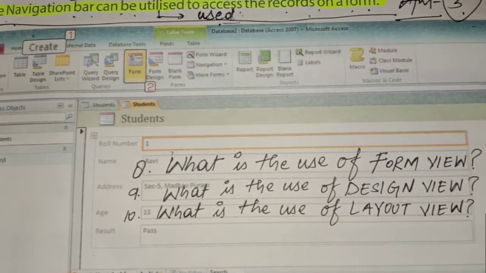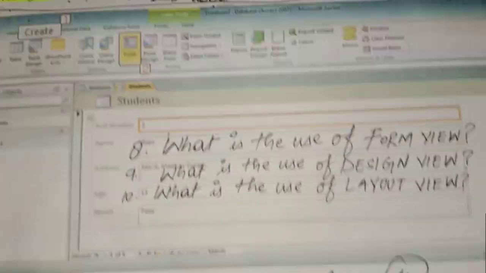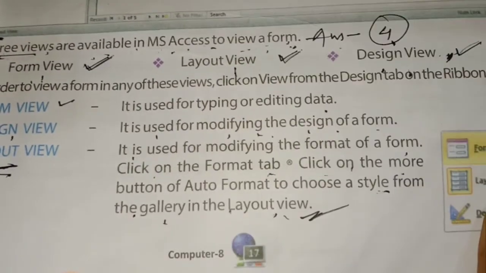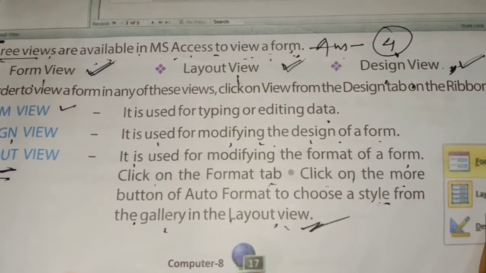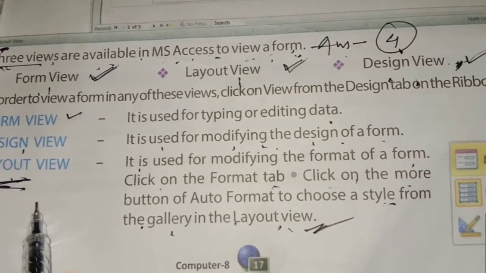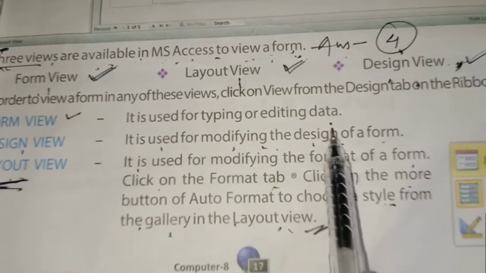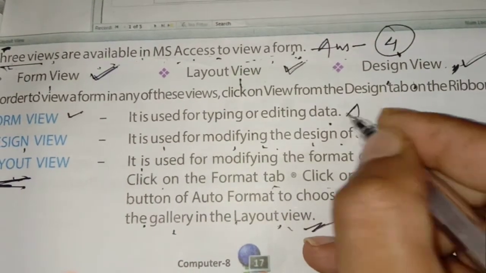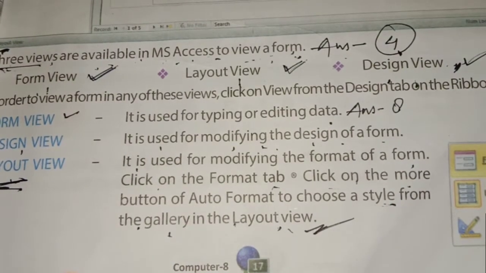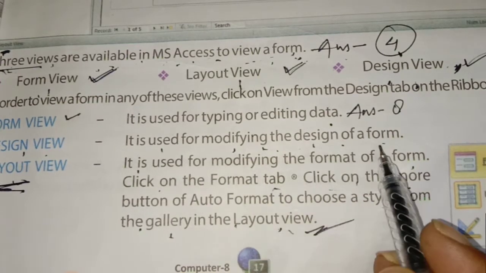It is on page number 17. You will see the headings: form view, design view, and layout view. Form view is used for typing or editing data. This is your answer 8. Design view is used for modifying the design of a form.